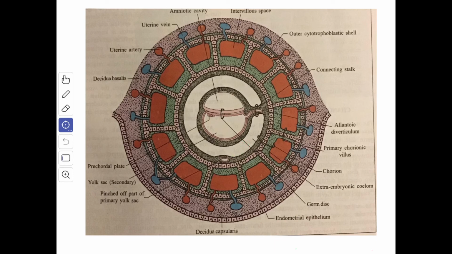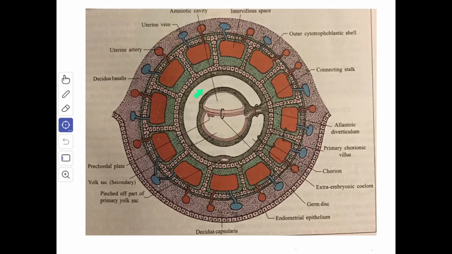Continued increase in the size of the extraembryonic coelom delaminates the primary yolk sac and the amniotic cavity from the trophoblast, except at the caudal end of the germ disc where the amnion is connected to the blastocyst by a cord of cells derived from the extraembryonic mesoderm. This cellular cord forms the connecting or the body stalk of the embryo, which is subsequently converted into the umbilical cord.